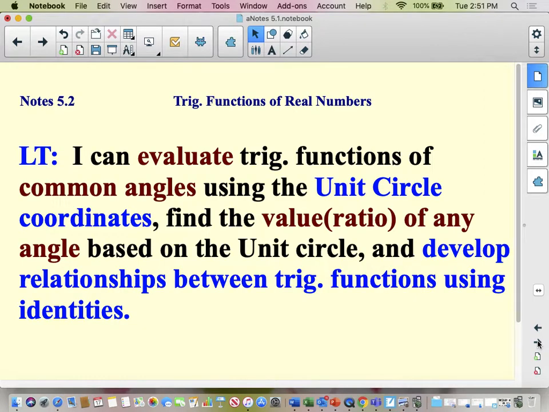All right, moving on to 5.2. I kind of mentioned this is a big day. But 5.2 is just more extensions on the unit circle. Okay, so you're going to learn about your reciprocal trig functions and other relationships between those values on the unit